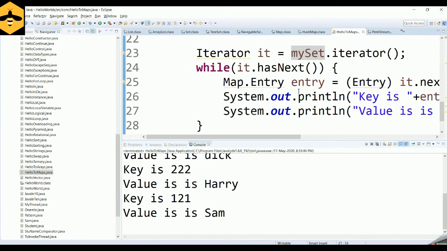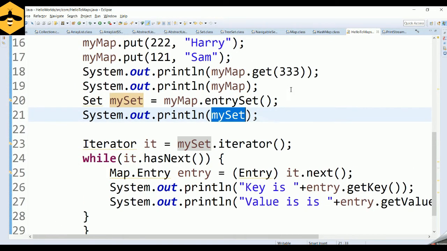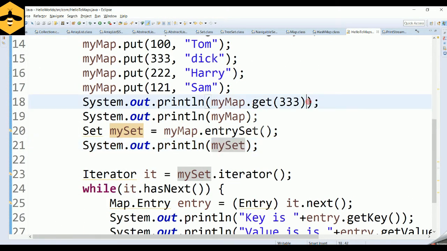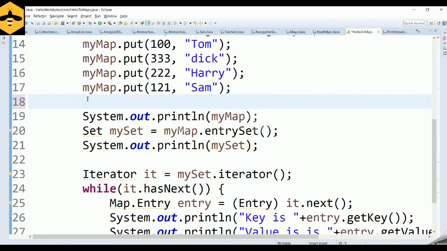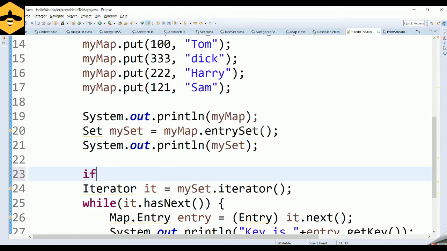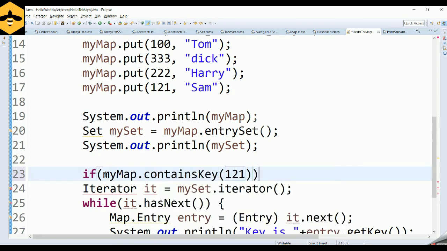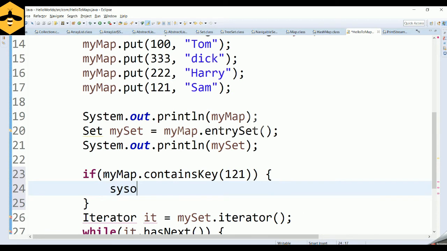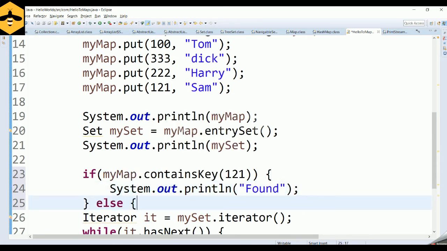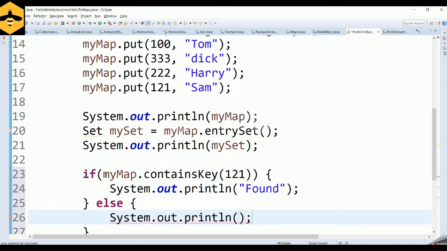Along with these functions, there are also a variety of other functions provided by this map interface. For instance, if you want to check whether your map contains a specific key or not, then you can identify it by making use of if your map dot contains key of 121, print it as found, else print not found.